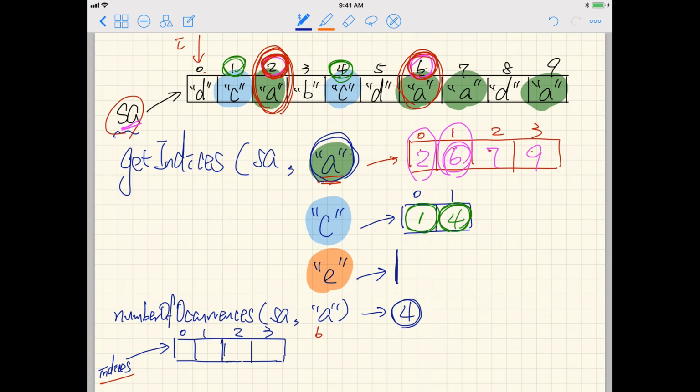Now basically you can see that the reason we should store, as I said before, is that the 2 over here is the very first occurrence of A. So that's why we should store that in the first position in the indices array. The first position means index 0, and then we'll put 2. And then 6 is the second occurrence of A. That's why we should store it in position 2, which is index 1, etc. So that means we should really have another counter, maybe called J